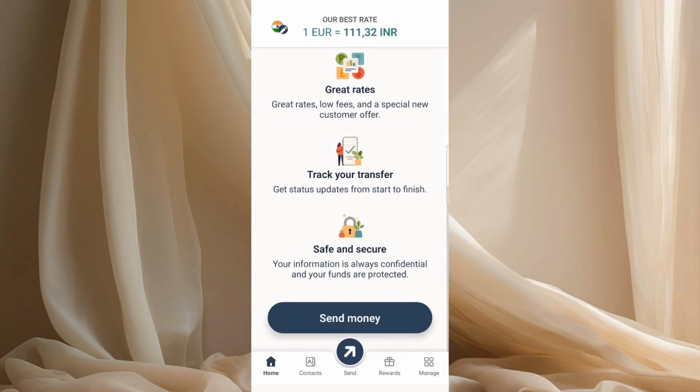Now, this is the important part to understand. If you have already done some transactions in your Remitly account, there is currently no direct way to delete that transfer history. You can view your transaction history at any time, but Remitly does not provide an option to manually remove, erase, or hide individual transfer records from your account history.